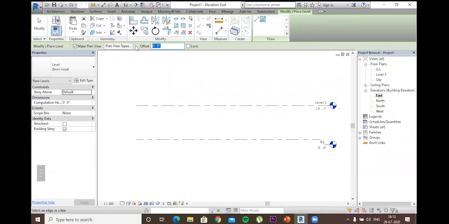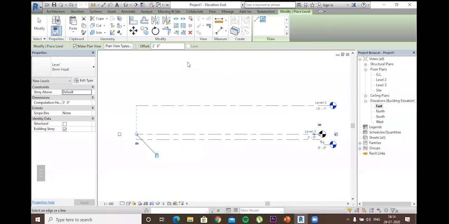So suppose our plinth level will be at 2 feet. So we have to select 2 feet, press enter, and now if you hover over any one line, it will be creating a 2 feet offset from that line. So from the ground level, we will do this, so that this will be our plinth level.